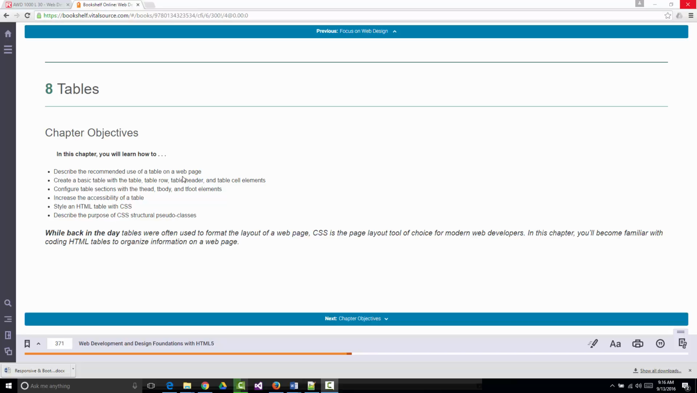But tables have fallen out of favor over the years, and they should only be used for actual tabular or table-like information. We'll create a basic table, and I'll show you all the different elements. And then we'll add the T-head, T-body, and T-foot to it. Talk about how to increase table accessibility, how to style a table with CSS, and it says describe the purpose of CSS